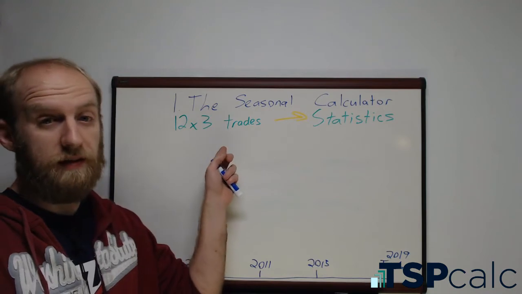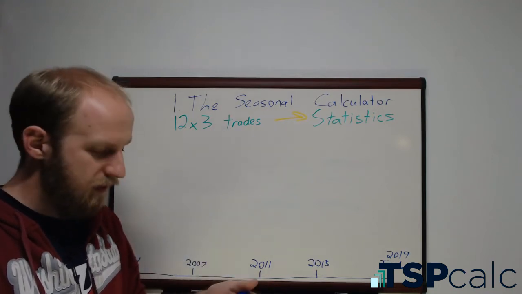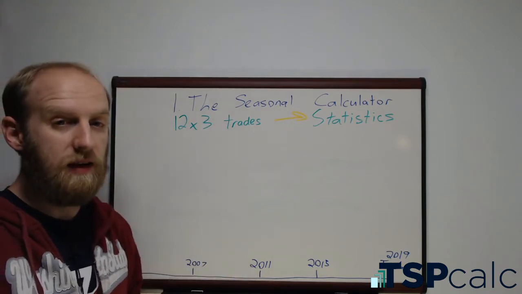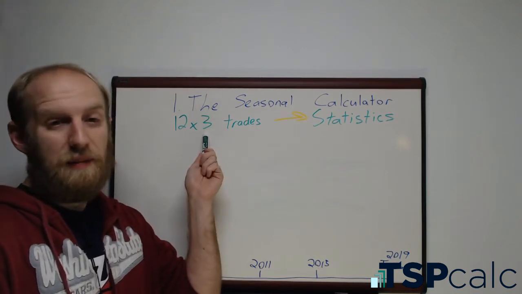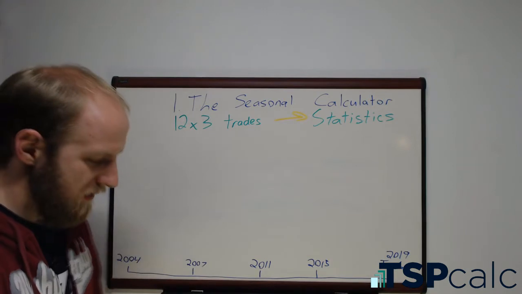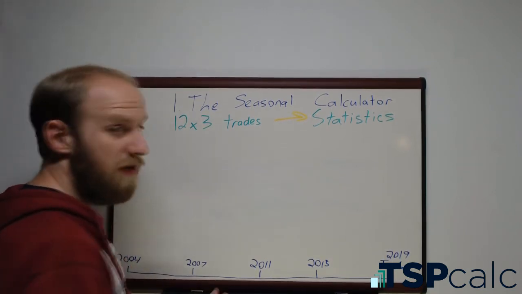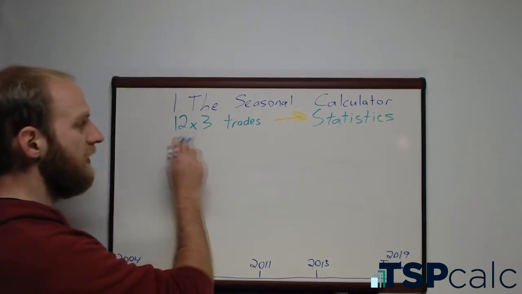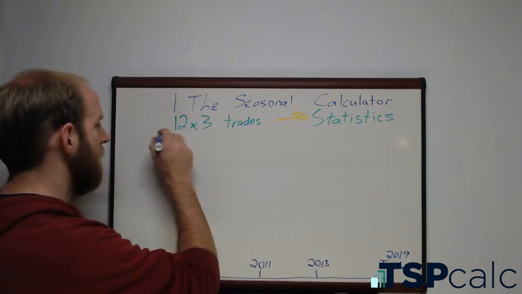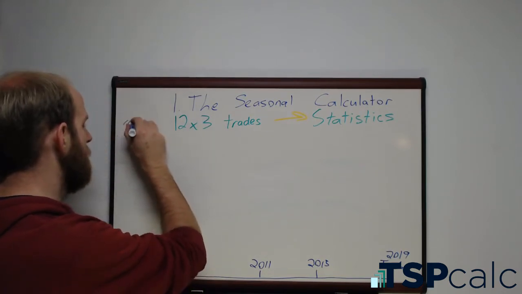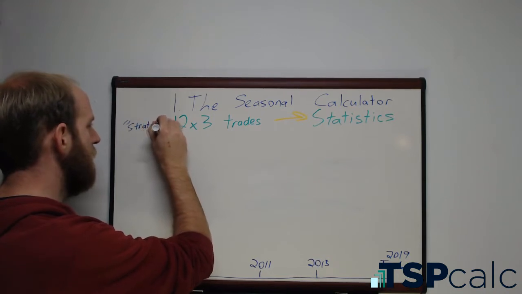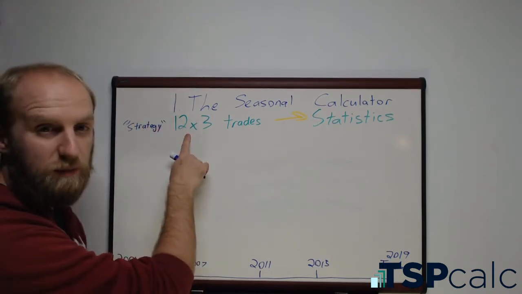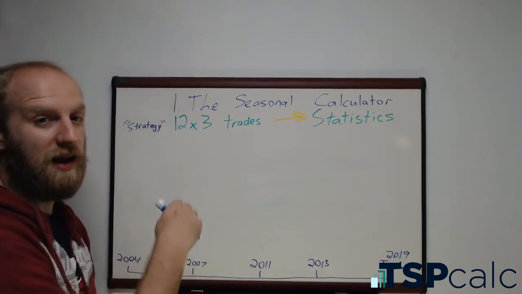This is fun. It's a lot of fun to play with. And so how tspcalc.com is set up is this: you just kind of make up, and there's a lot of different combinations. Every time you enter one of these 12 times 3 trades, that's called a strategy. For the purpose of tspcalc.com, a strategy is 12 months worth of trades that can be executed over